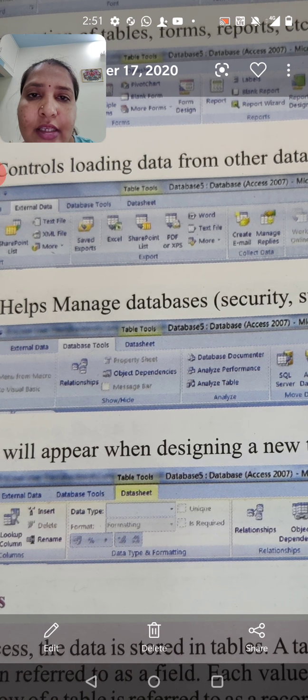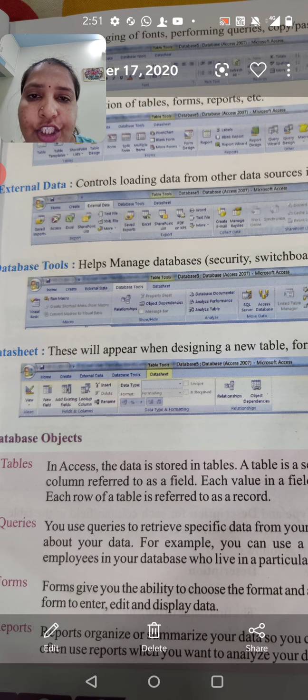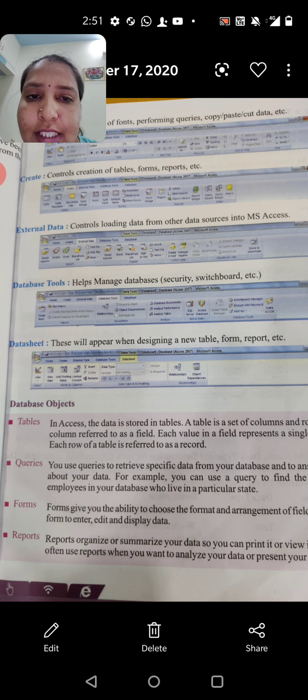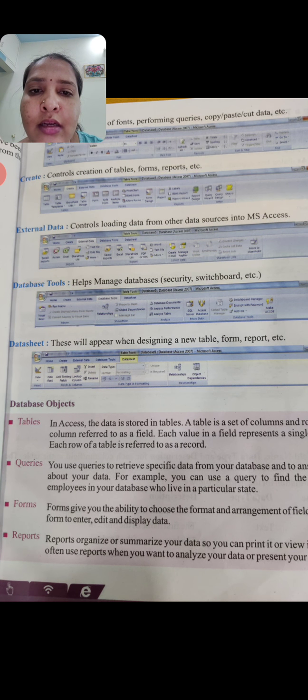I am just giving the explanation. Next we can move to the external data. That controls loading data from other data sources into MS Access. Once we click on the external data, the options will be opened as shown in the figure in the textbook. You can go through the book.